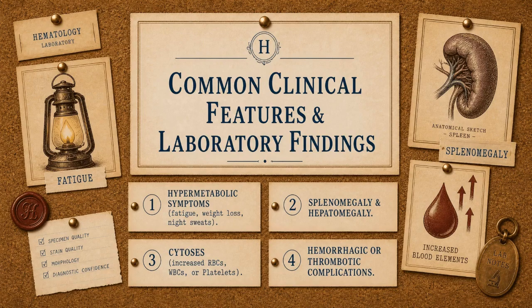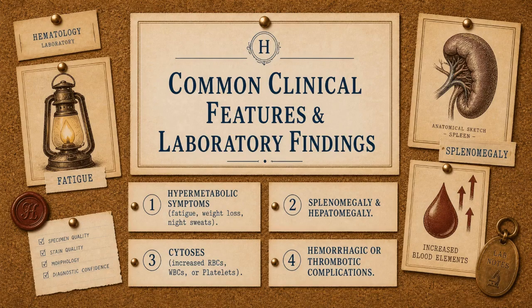Now, let's shift to the general laboratory findings. On a complete blood count, the results will vary depending on the specific MPN. When you look at the peripheral blood smear, you're going to be looking for some telltale signs like immature cells, dysplastic features, and teardrop cells. Moving to the bone marrow, you'll typically find hypercellularity. Finally, the modern diagnosis of MPNs heavily relies on molecular and cytogenetic studies. With this overview in mind, let's dive into the specifics of each MPN, starting with the big one, chronic myelogenous